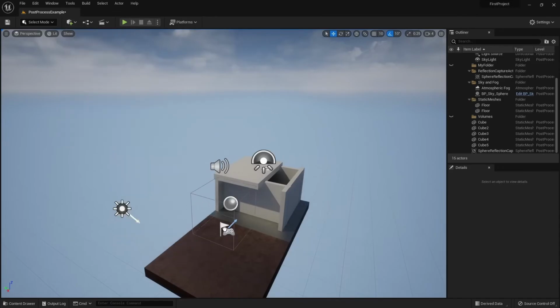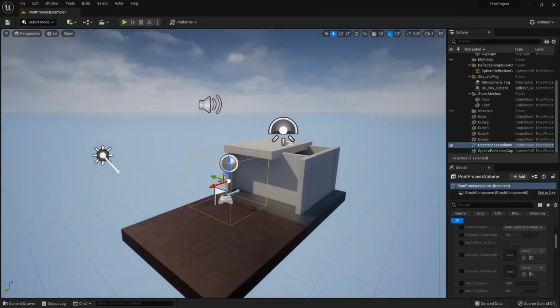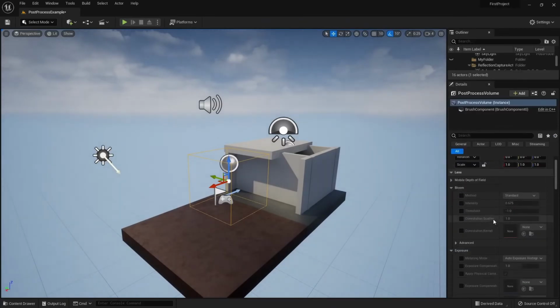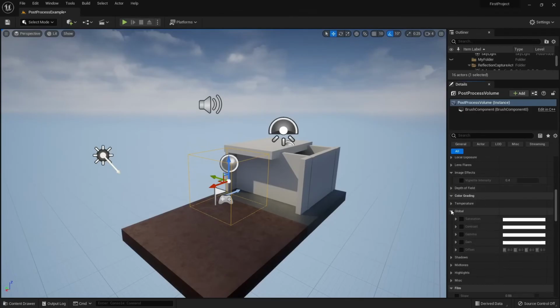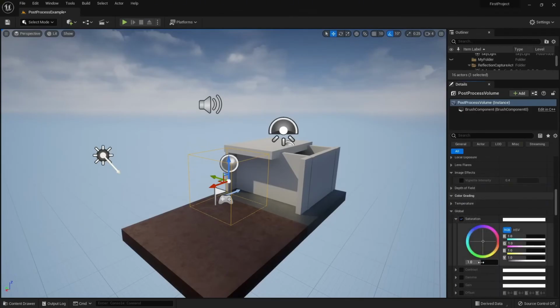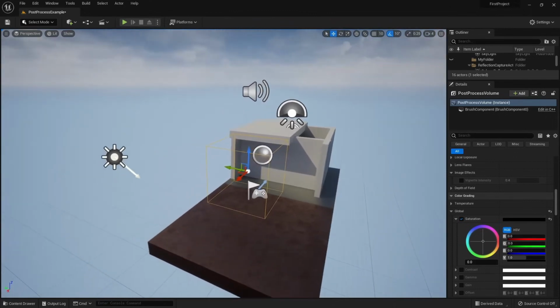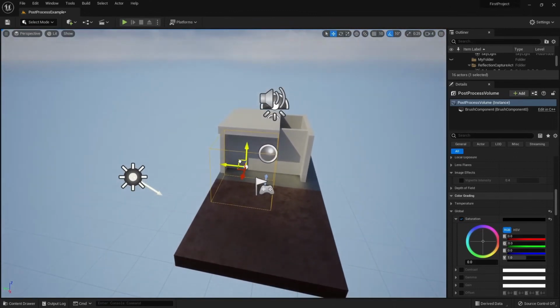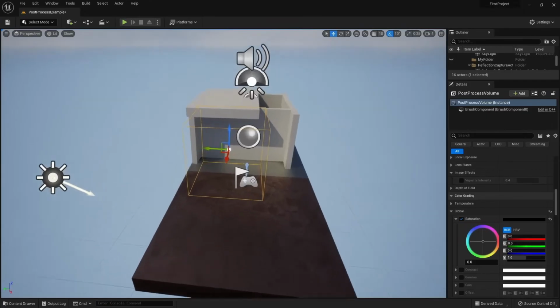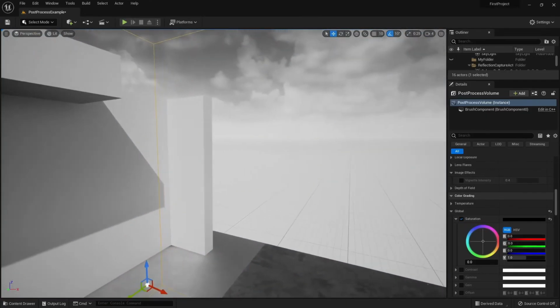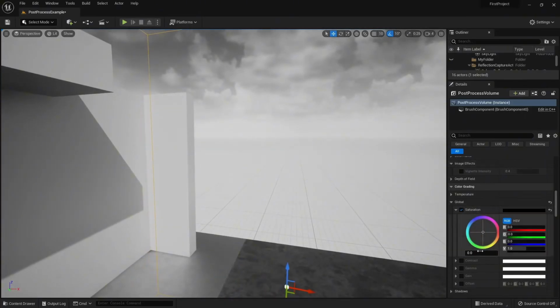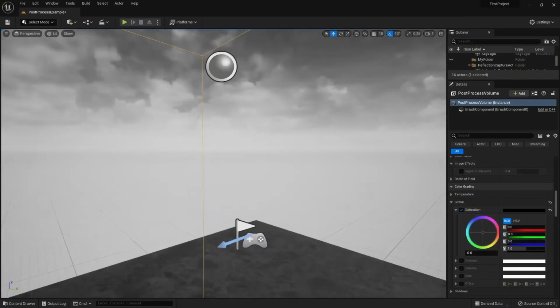So simply drag this into our world and we see that we have a little square. So let's make a very quick change. The change I want to make is down here within globals and saturation. Instead of 1, I'm going to change this to 0. But we notice that there are no changes to our camera right now. That's because the post-process volume by default only affects whatever is inside the post-process volume. So if we move into the cube, we can see those changes taking into effect. And right now, by changing global saturation, bringing it down all the way to 0, it gives us a black